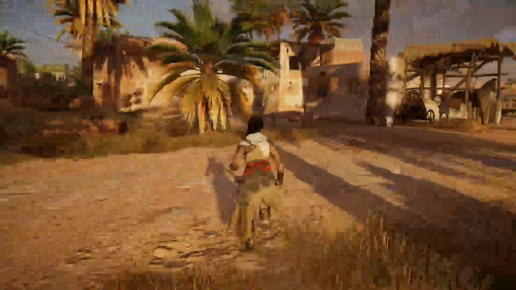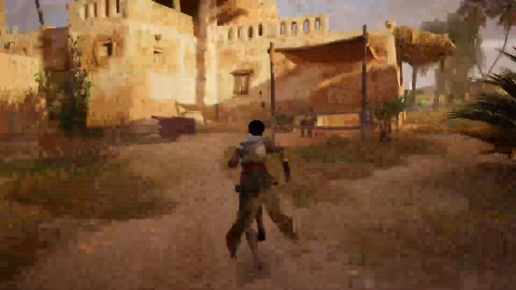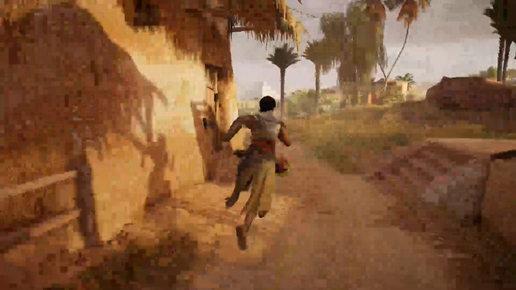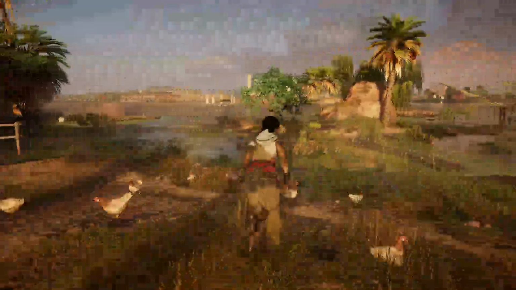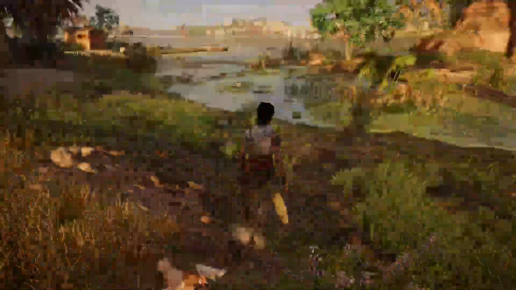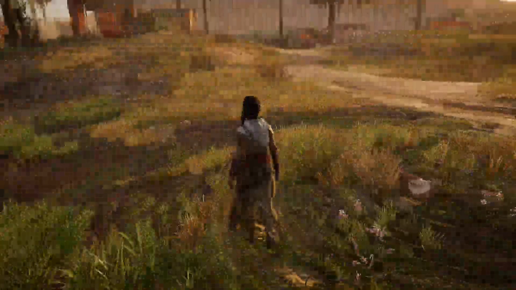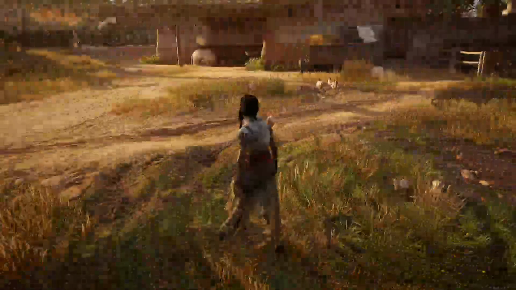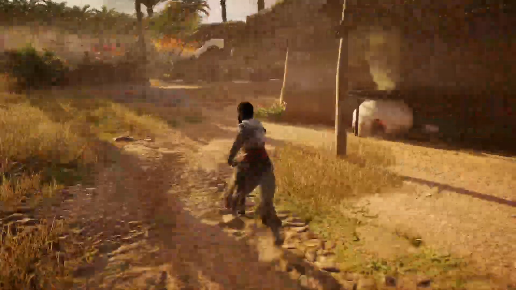It's not just the little villages or the towns that have these kind of things. And there is a wealth of animation going on in this game. You won't see the animals' hotspots, but they have their own. These chickens, for instance, have their own AI subroutines. They act mostly like chickens.